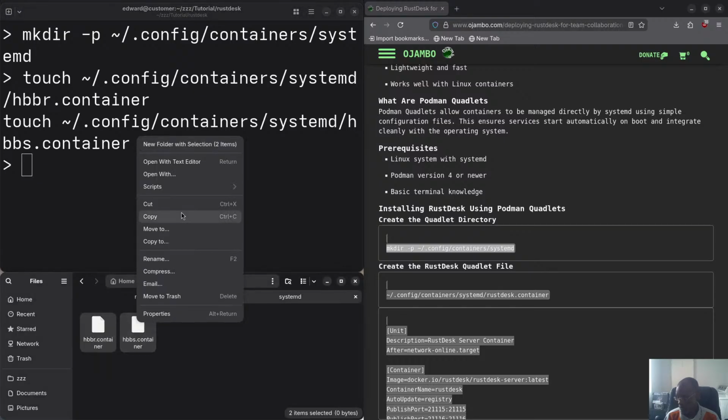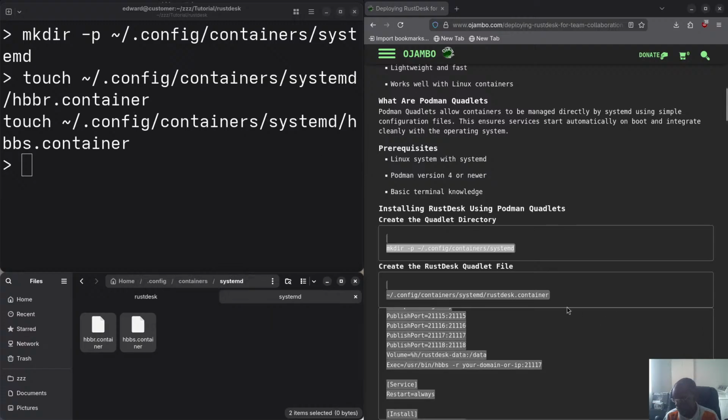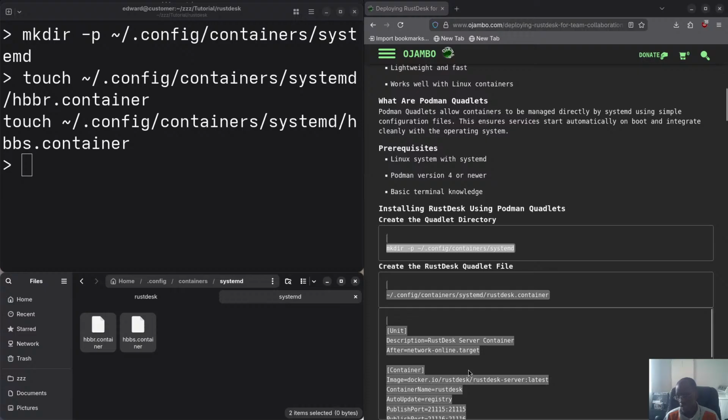I'm going to open them up in a text editor, and basically the code is here. It depends what type of service. In this case, it's two services. As I said before, one is for the actual server,